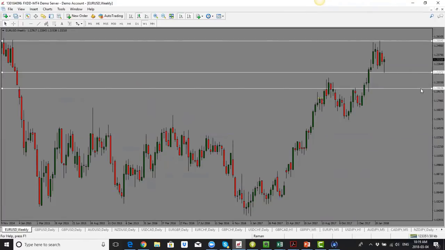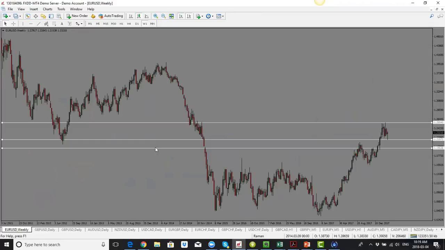All right, so moving on to the charts here. First, we'll start off with the Euro US dollar weekly chart. As we see here, Euro has been in this range sitting here for quite some time. This resistance is coming from this previous level where price was dropping, consolidated, and then dropped further. Now we have the opposite side where price was rising, pulled back, rose again, and now it's consolidating in this range. So we could get something similar where we need to figure out which way this is going to break.